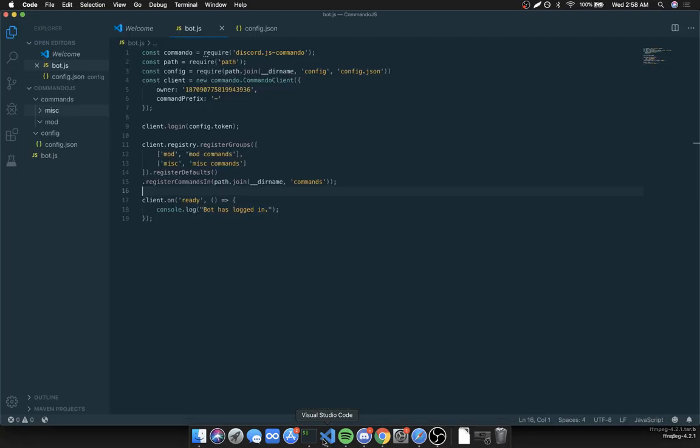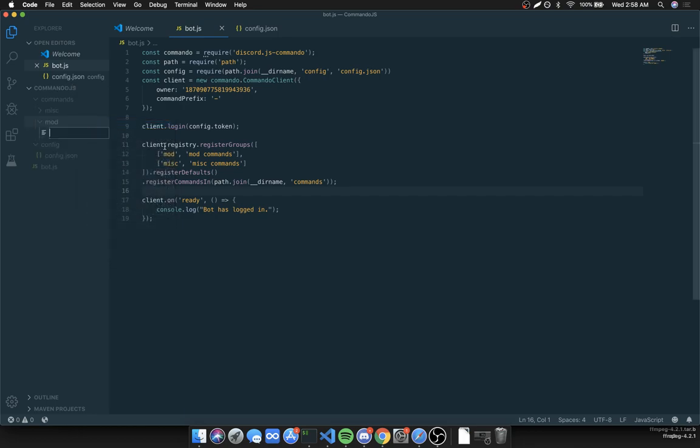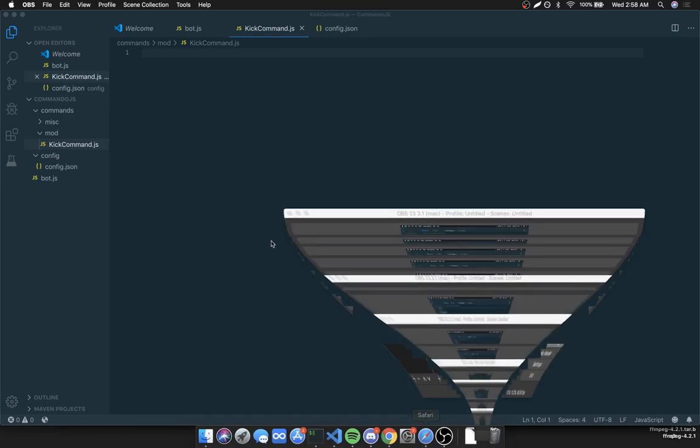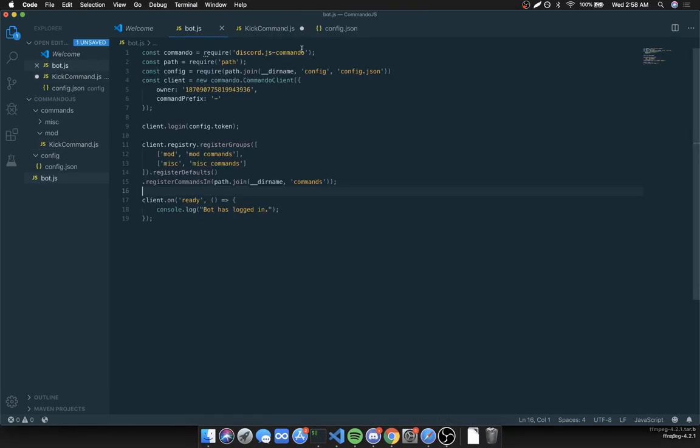So let's actually set up a couple commands. So I want to set up a couple mod commands. So let's do that first. So let's go ahead and go into this mod folder, because that's where all of our mod commands will go. We're gonna right click, we're gonna create a new file, we're gonna say kickcommand.js because we're gonna create a kick command. Okay. So what I'm gonna do is I'm gonna first import the Commando module again,